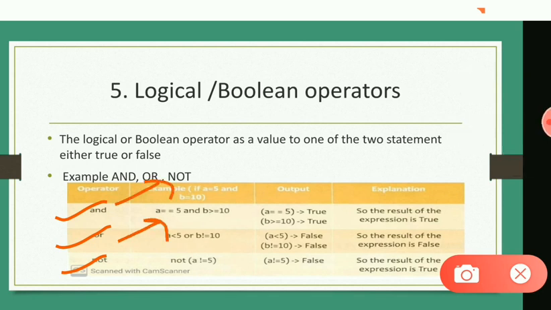This or operator work as the addition, and this not operator means you have to choose only one value. If you have written not just before the a, it will not show the a value. Okay.